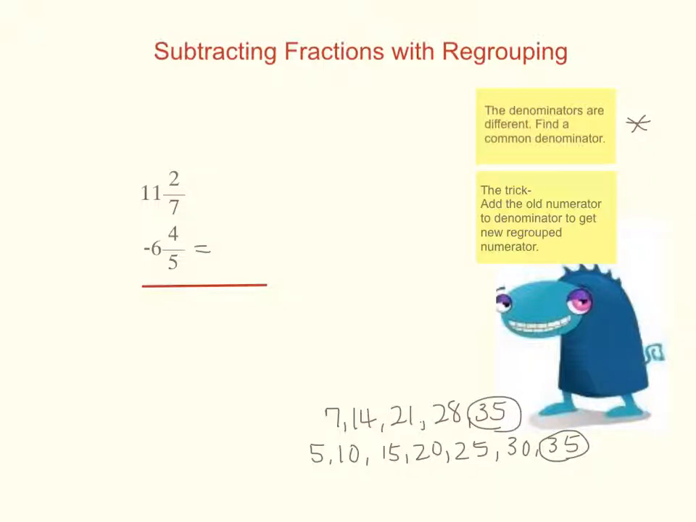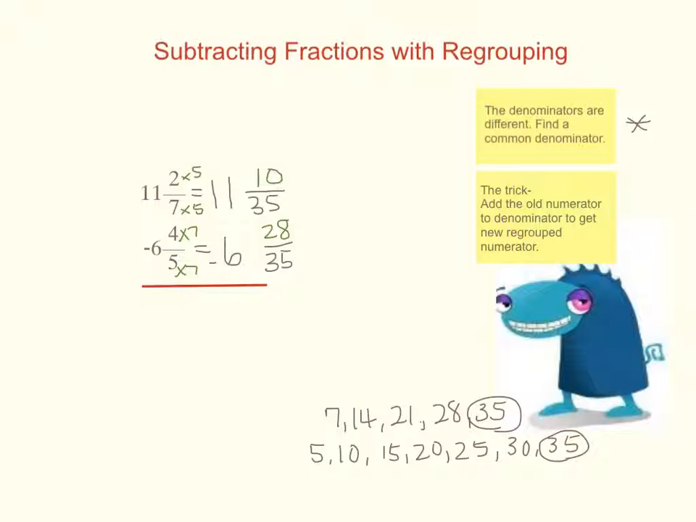So I'm going to rewrite both of these with the common denominator of 35. The whole numbers are going to stay the same, so I still have a 6 right here that I'm subtracting, and an 11 right here. Now to get from 7 to 35, I'm going to do times 5, and the top has to be the same, so this would be a new numerator of 10. Here I'm going to multiply the bottom by 7, top by 7, that's going to be 28,